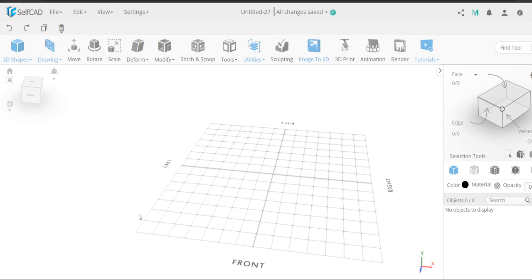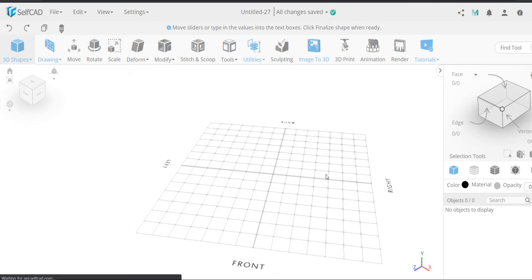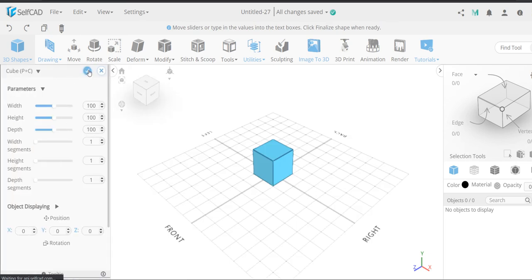So today I'm going to tell you the difference between stitch stroke and merged object. So let's get started. First let's take cube, default cube,